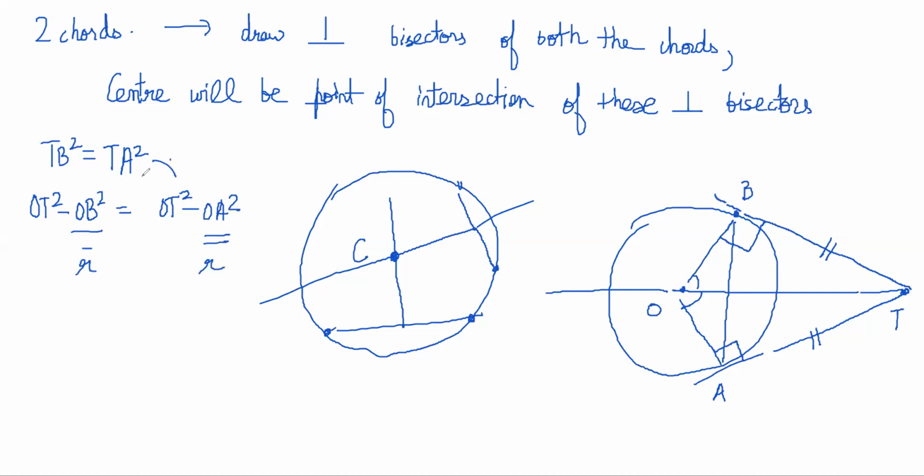So that is why they become equal. This is a right angle triangle, and when you apply the Pythagoras theorem, it becomes a difference of two equal things. We can also get the power of point T. Later we'll call this length of tangent square the power of a point T, but we'll come to that later. Right now you don't need to worry about it.